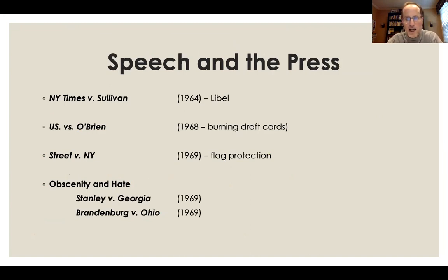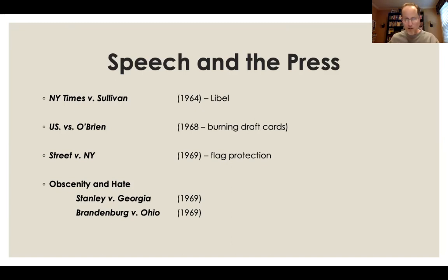That's a case in which the Times published that full-page ad from the SCLC, Dr. King's organization. It was an ad very critical of a Southern sheriff, although it did not name that sheriff. It was very critical about the South's resistance to equal treatment. And yet it had at least 7 errors in it. They were mostly minor, but some of them stood out. Sullivan sued. He was about to be granted a few hundred thousand dollars, but the Supreme Court ruled and granted expanded freedom of the press by saying that the press must have some intent of malice to be convicted of libel.